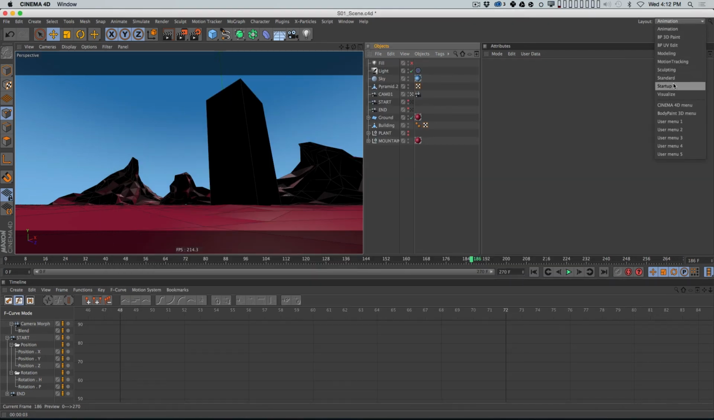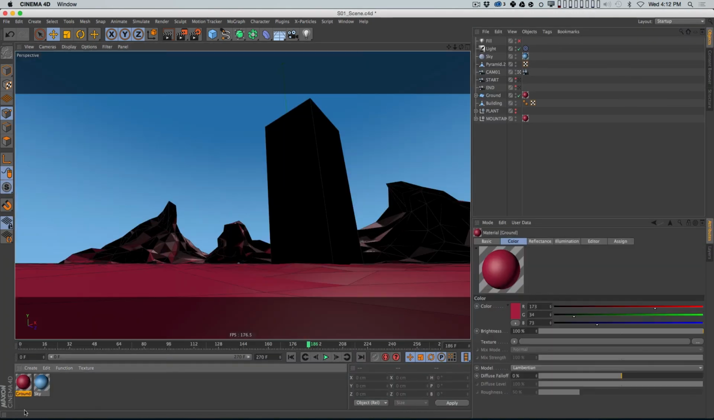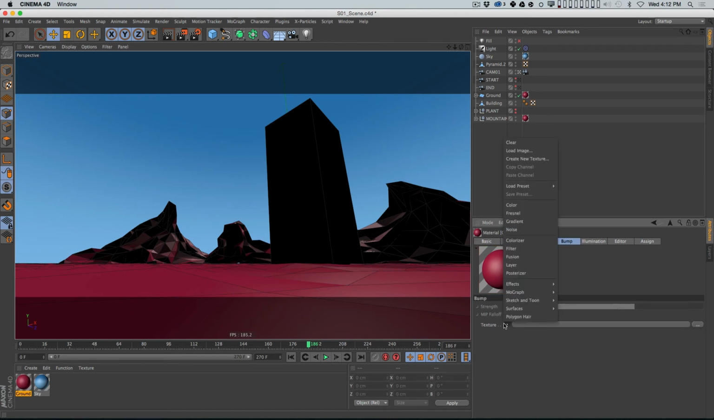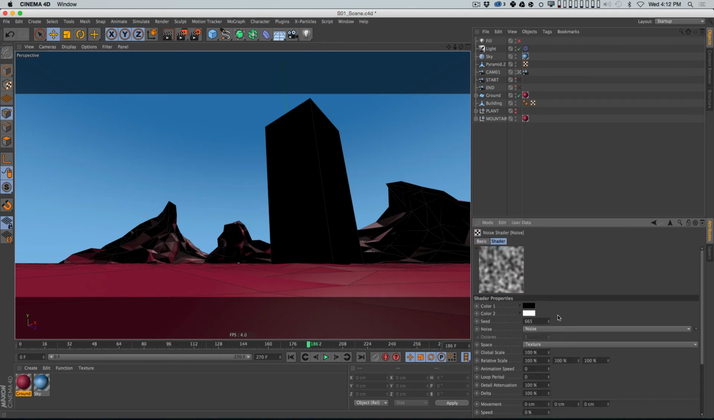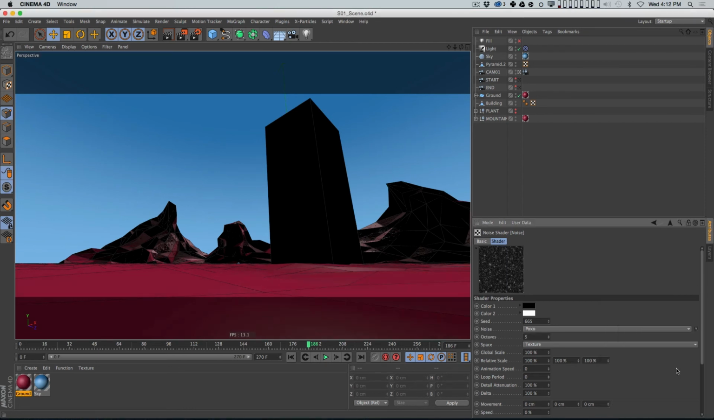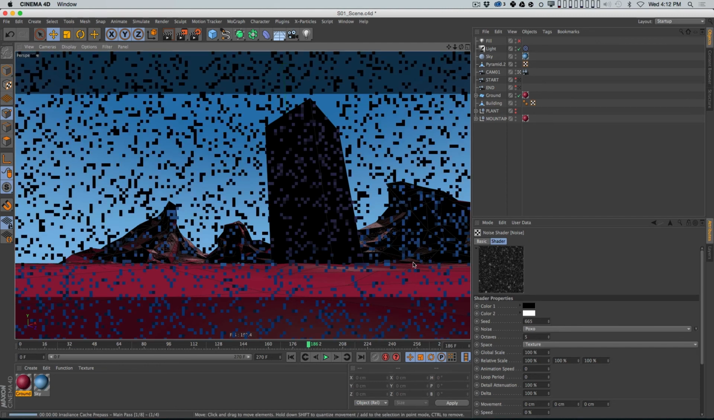Another thing I want to do, and I want to look at this now, is I want to add a little grit to this. I don't just want a flat color. I want it to feel a little dirty. So what I'm going to do is start by adding a bump channel, and I'm going to add noise to it. And I'm going to go into the noise, and I'm going to change the default noise type to something like this, Poxo. Poxo is kind of a dirty, noisy feeling texture. And so then if I just hit render,